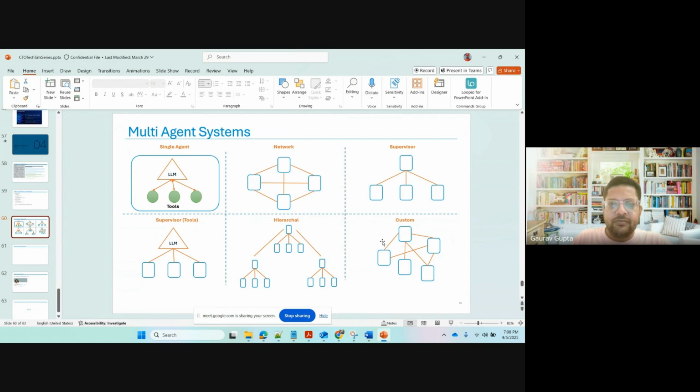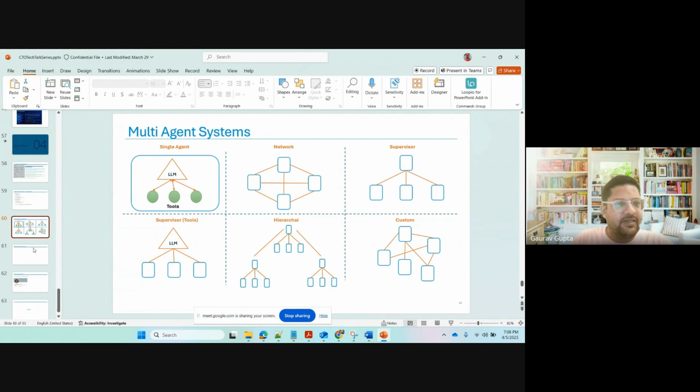Okay, hierarchy. This is teams. This is how we work in our organization. We work in different teams, and our combined goal is to achieve organization goals, right? And this is custom, where we define this will talk to this, this will talk to this, but this will not talk to this. We define each and every edge. So from a LangGraph perspective,